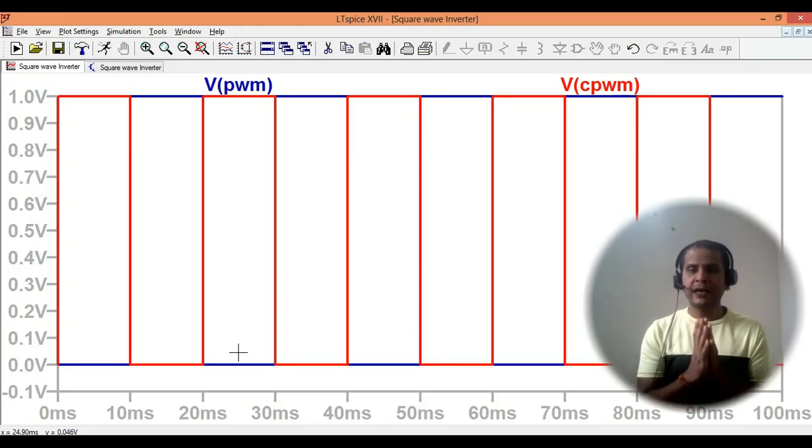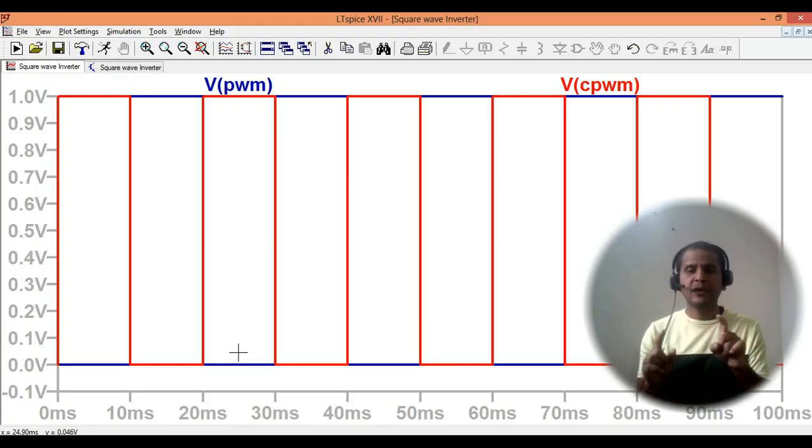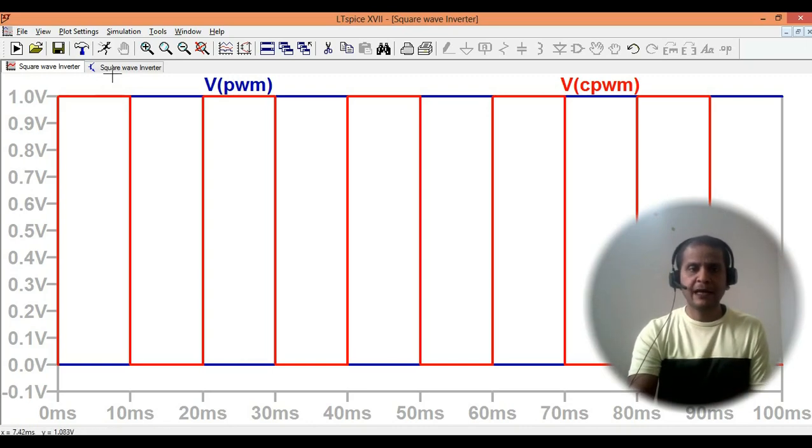But one thing you can see here, guys, I'm not using any dead time for now. But in the case of an inverter, if you're driving your MOSFET with the PWM signal, it is recommended to give some dead time between your on and off, during the transition period. Otherwise, there is a chance your MOSFETs or switches get short circuited. But for now, I'm not using any dead time. Okay, let's go back to the